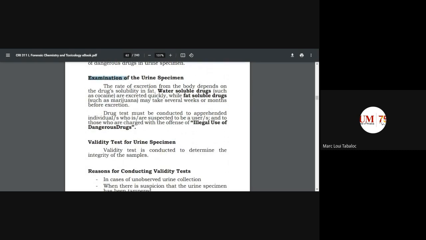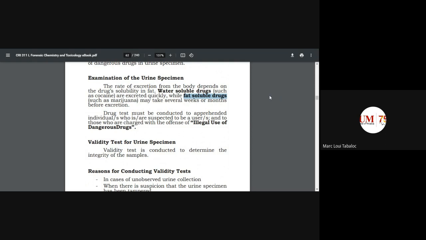So, examination of urine specimen. Okay? The rate of excretion from the body depends on the drug's solubility in body fat. Okay? So, merong mga drugs na water soluble. Ibig sabihin, pwede silang lumabas sa system ng katawan quickly than others. Water soluble, yung madaling madilute through water. For example, yung parang mga powdered components, mga powdered na drugs, yan. Water soluble yan sila. Pag fat soluble drugs naman, like marijuana,